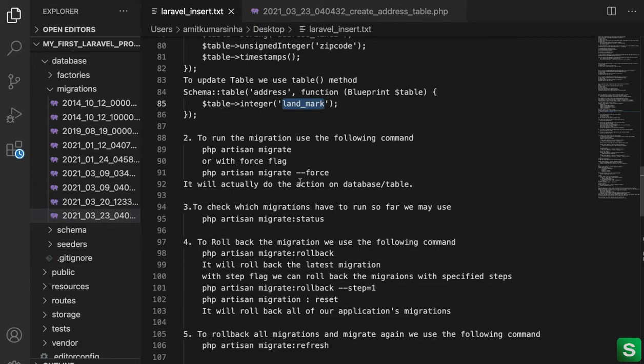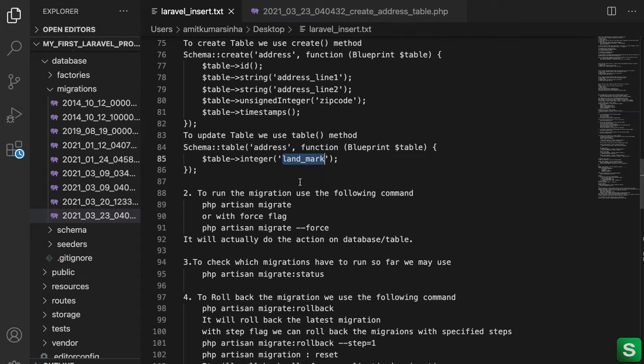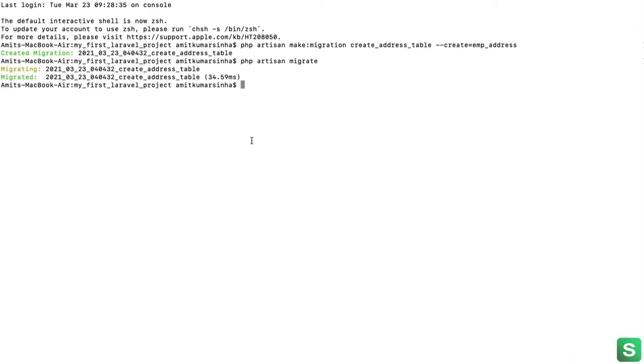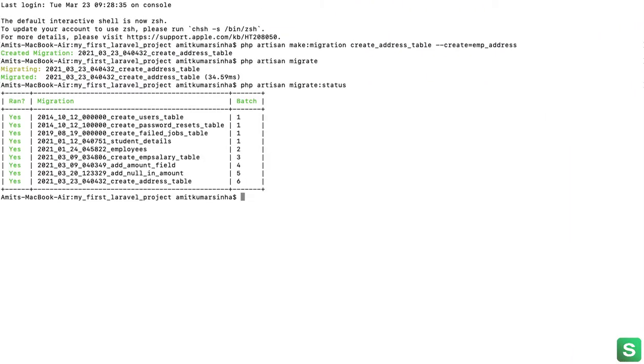Okay, one more command you should know before doing anything: php artisan migrate:status. It will tell you which migration file is migrated or not migrated. So if we see, all the migration files are migrated, right? If any is pending, it will show no, and the batch will be null or empty.